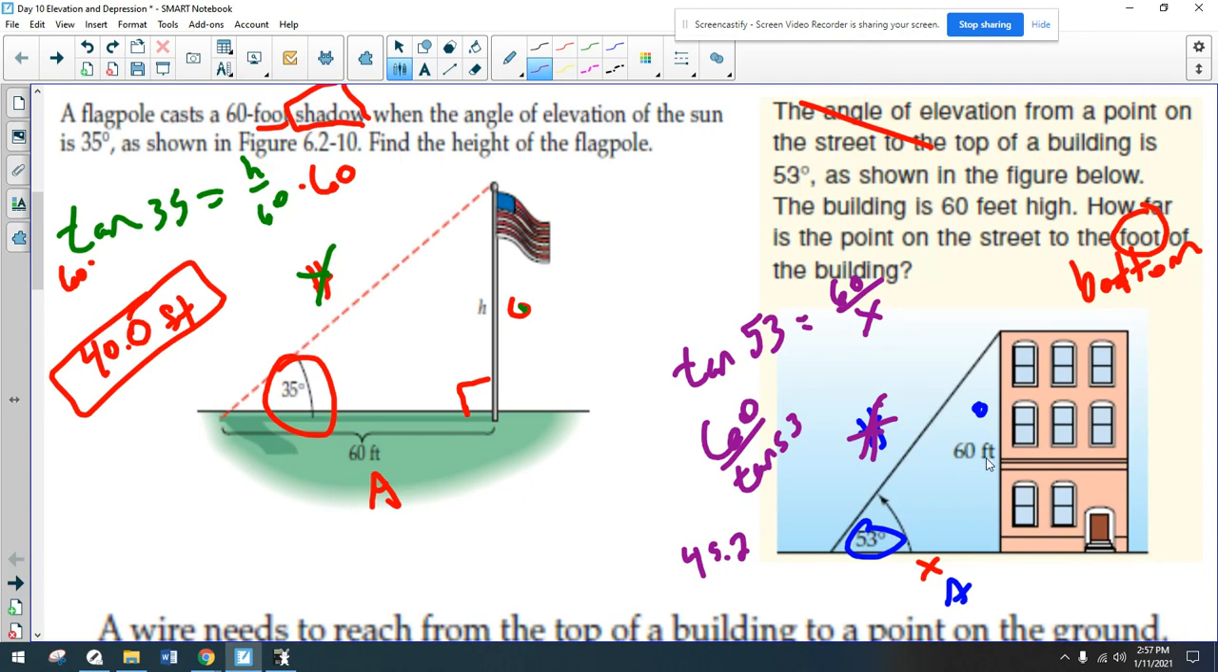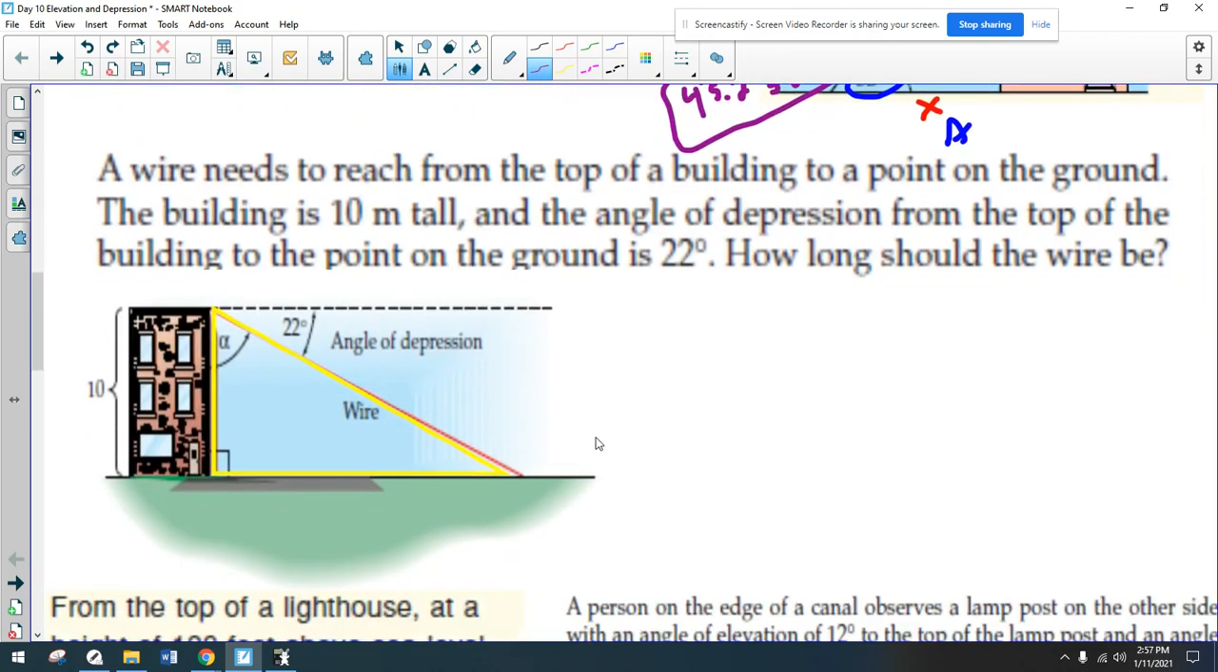And then again, go back in your problem, find what they measured in. So that's going to be feet. Okay, if it's an angle, obviously it'll be degrees. Okay, next,